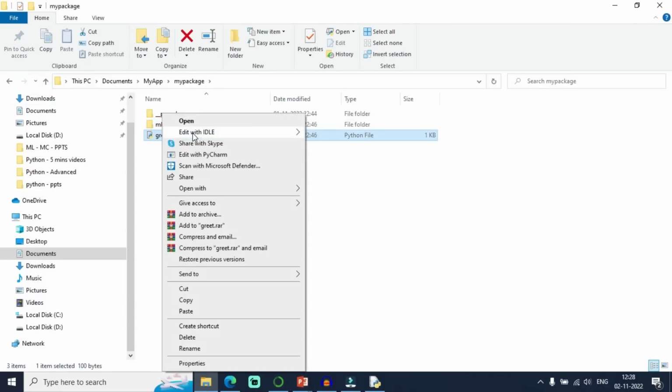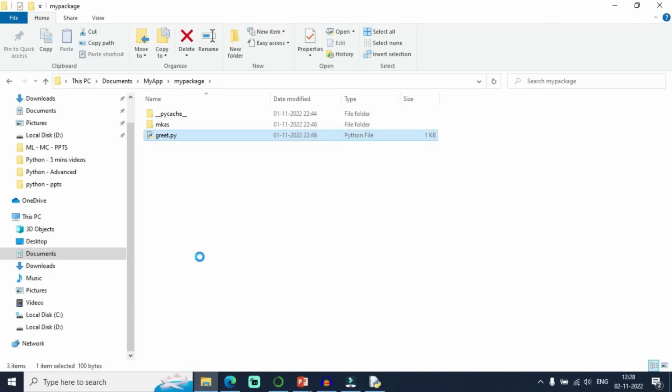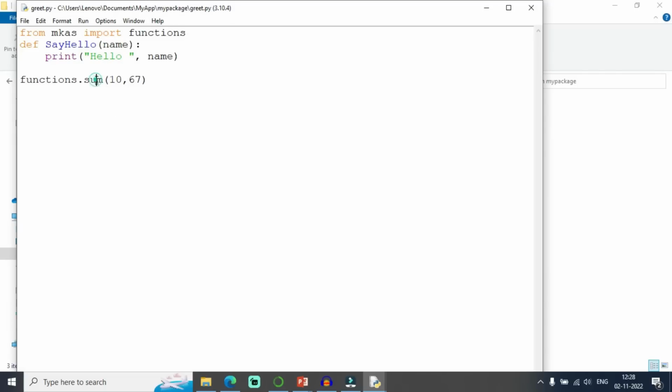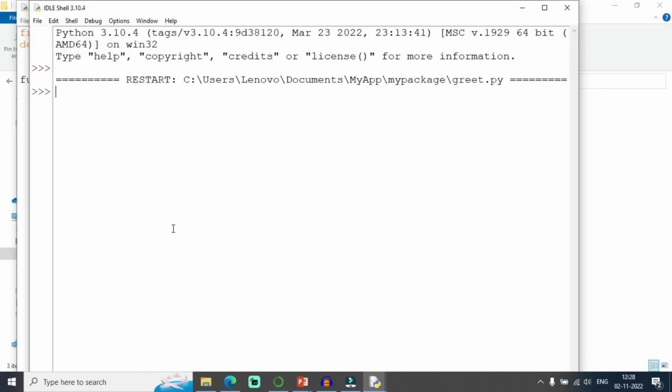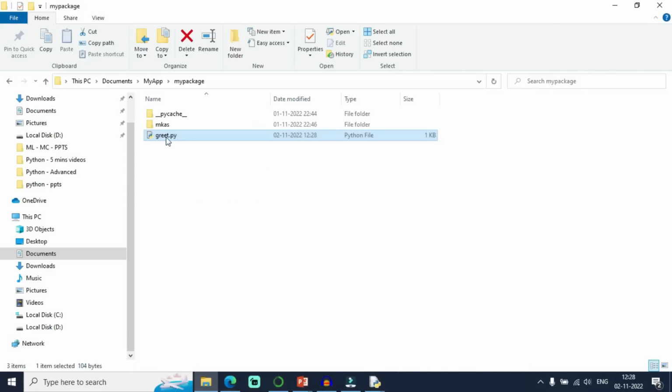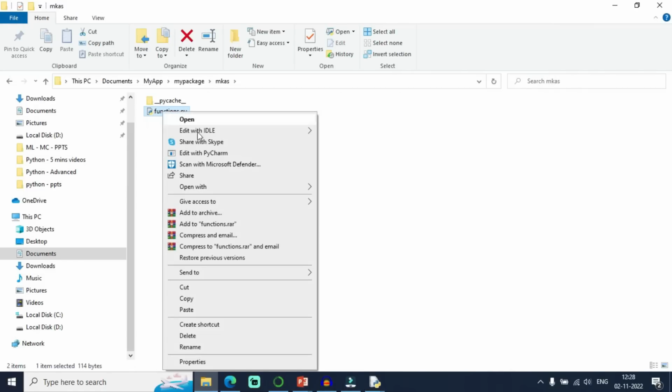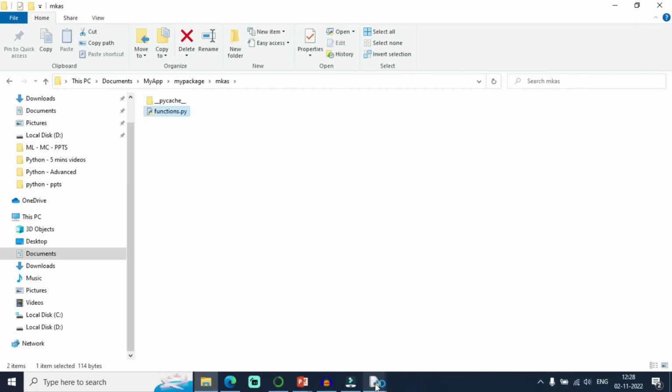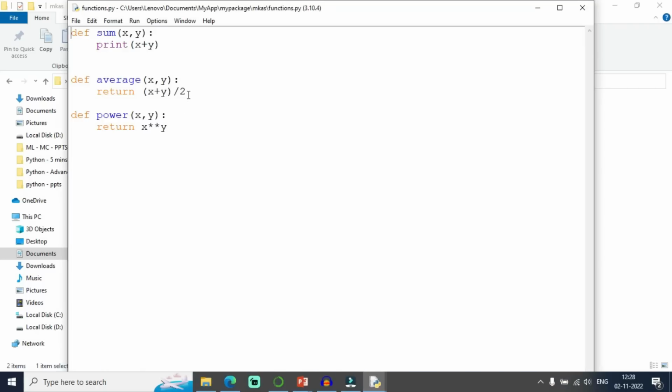For example, I am going with this greet.py. Instead of this, I am calling this average function. Clear? Whatever the average is, firstly I have to give it here. If I want to print the average, I am going to edit it like this. Let me show you. Instead of returning, I am just giving a print statement.